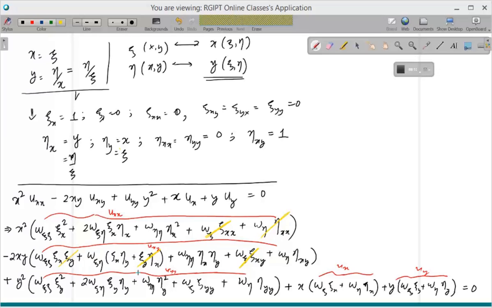These terms cancel out in this one. And here I have zeta y, of course, going to 0. Zeta y here going to 0. And eta y is not 0. Eta yy, zeta yy will of course be 0. Eta yy is also 0. And then here, zeta x is not 0. Eta x is also not 0. Zeta y is 0. Eta y is not 0. Alright, these terms go to 0 each. Okay, so if I just work it out, well,